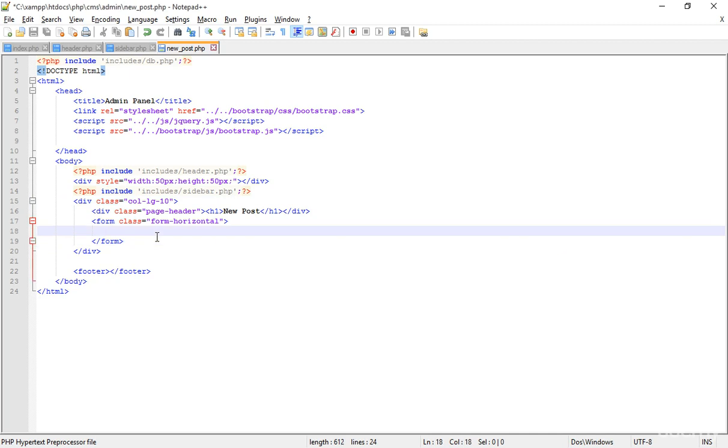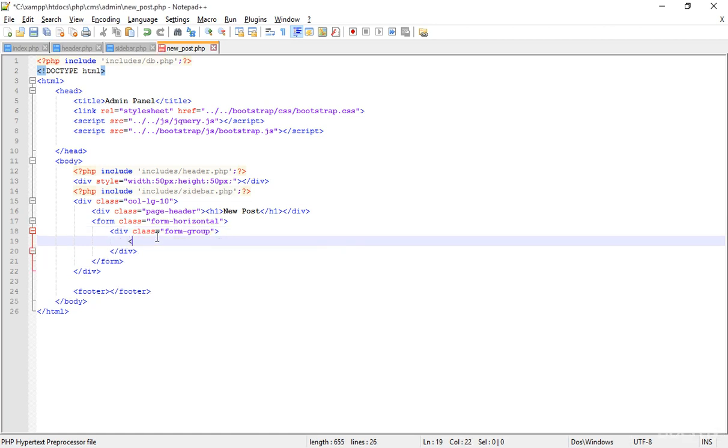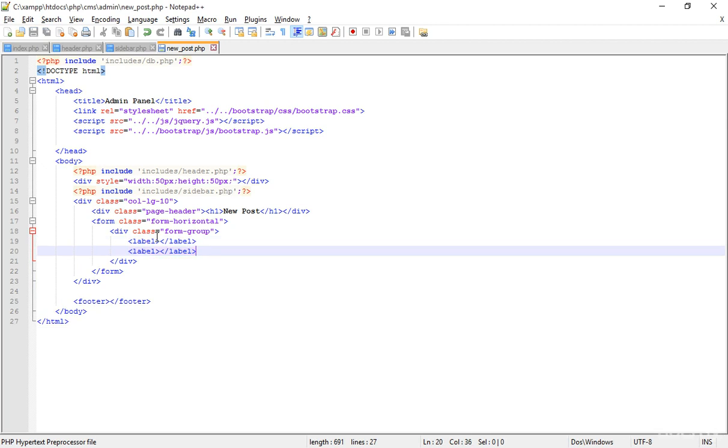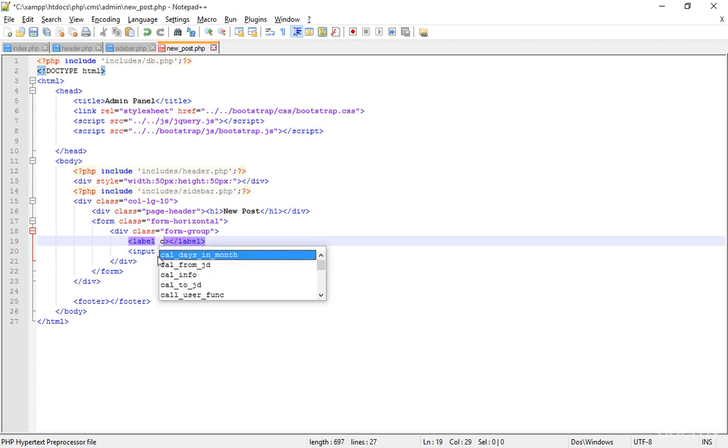Okay, the first one, the main div, I'm adding the class form group. Okay, and then some more things here, a label. Okay, cover that label. Okay, then the input area. So here I'm not copying the label because I just want the empty tag. The input is empty, you know. The type should be text, and then just save that and just add a class of, here I'm just adding the class